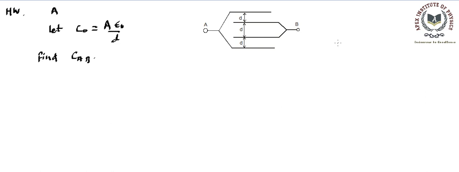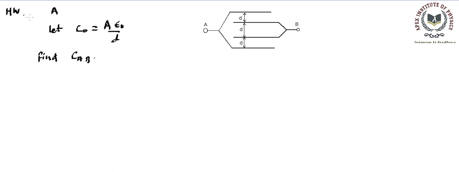And in this video we will have some questions involving capacitor circuits, and we will be learning how to solve those questions. Before we move ahead, there is a homework problem that I gave you in the previous video, if you have tried. The question was, there was a network of parallel plates given to us, and there were two terminals A and B, and we are supposed to find out the equivalent capacitance across points A and B. The given quantities were A, the plate area, epsilon naught, the medium permittivity, and D, the gap as shown in the figure.